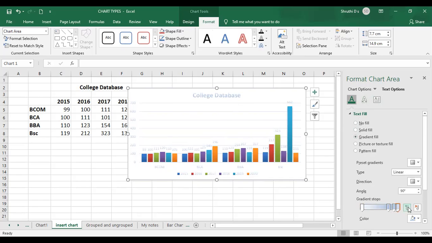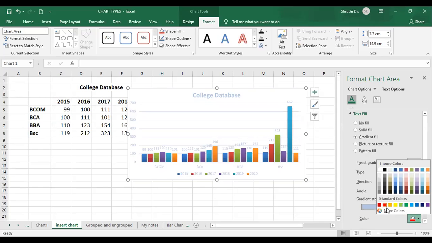You can increase it or decrease it, and it will be set for you. If you don't want green or blue, you can change it to red. One second, it is taking time. So this is how you can make changes for your text options too.